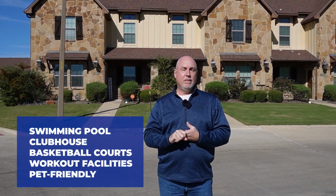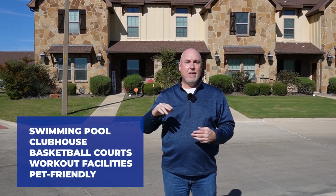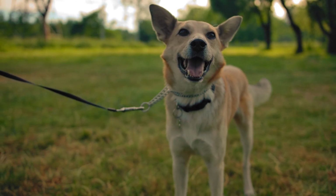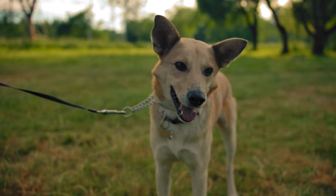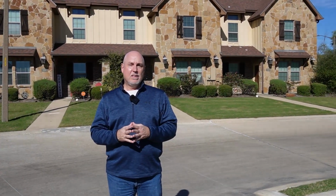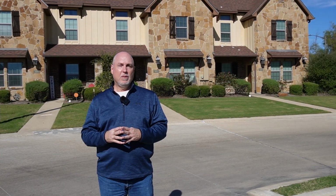It's got basketball courts. It's got workout facilities. There's a whole calisthenics area. Pet friendly. They've got their own dog park where it's all fenced in. You can take your dog, let the dog run around, and just a great area for student gatherings and a great place to live. These are a little newer than the others that we've showed you, really designed for good